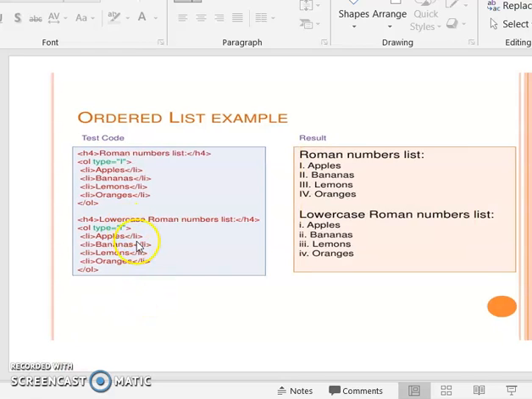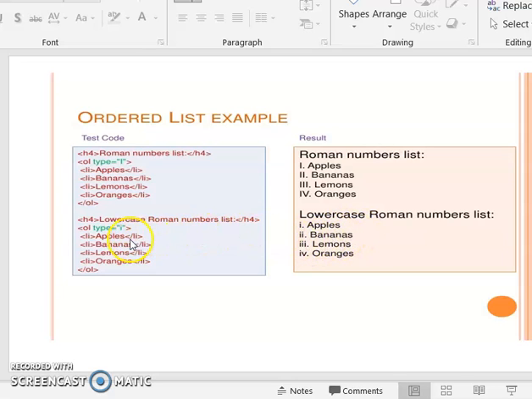Another example, type equal to 1. Here also type equal to 1. Now Roman numeral 1, 2, 3, 4, and here lowercase Roman numeral.